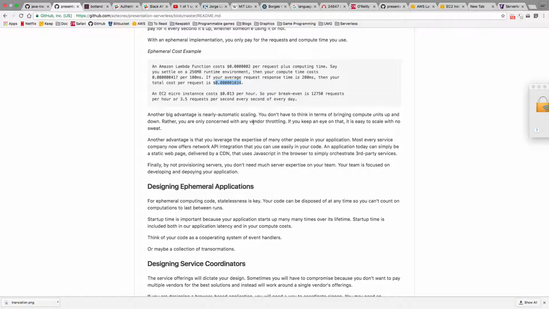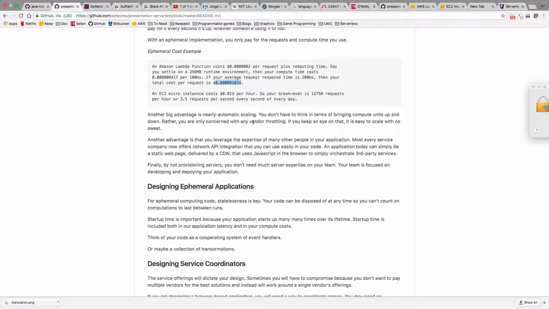Now I say nearly because most of the companies you're going to buy this from have limits when you start up. So Amazon may tell you, oh well, you're limited to 1,000 requests in an hour or something like that. But that's something that they will raise when you request it. So you do have to think about scaling in the sense that you will be throttled by your provider, but as long as you're paying your bill, your provider will continue to raise your limits. So you're effectively getting scaling without ever having to think about bringing up a server, bringing down a server, or load balancers, all things you have to think about otherwise.